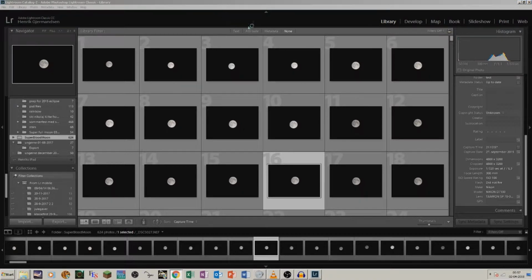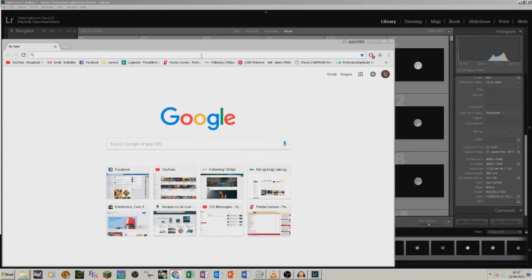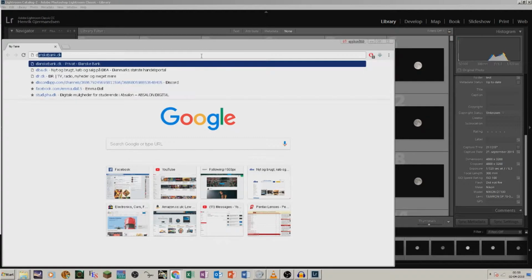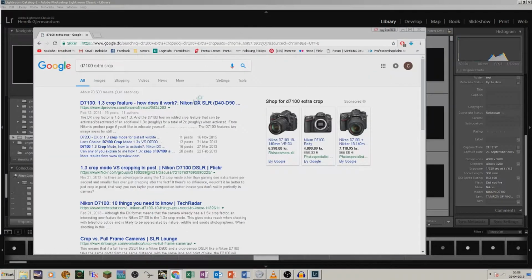And let's just check this just to be safe. Let's see what that actually is. D7100 extra crop. I actually don't even remember that because I don't have it anymore. It's 1.3 extra crop.